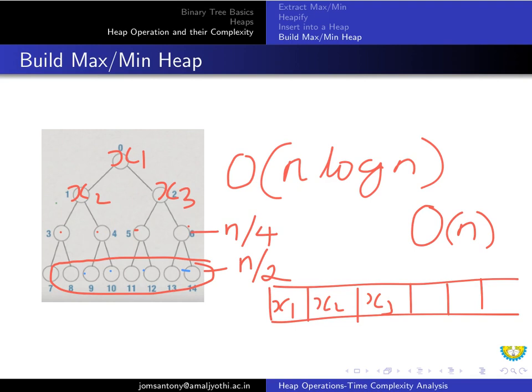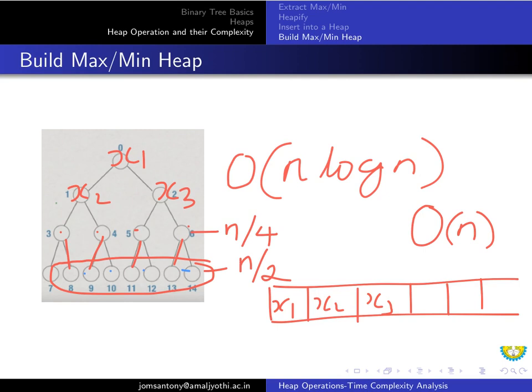How many such comparisons and swapping are required at the max? Because you have n by 4 nodes, you will have only n by 4 operations to be done, one operation for each node. So if you perform n by 4 such operations,